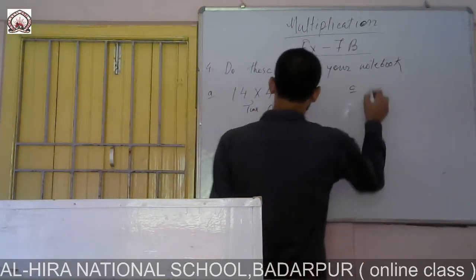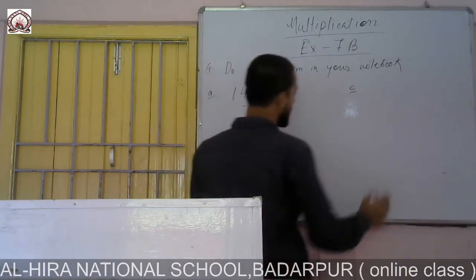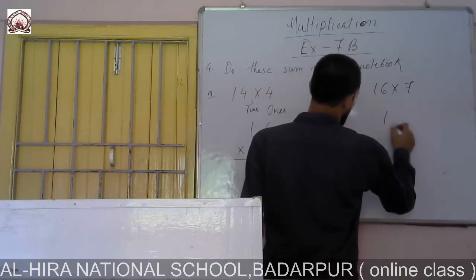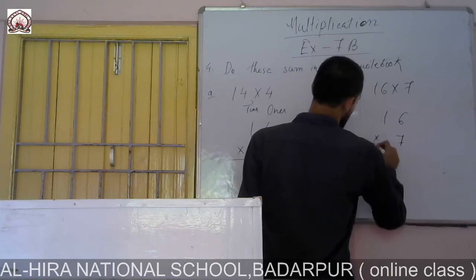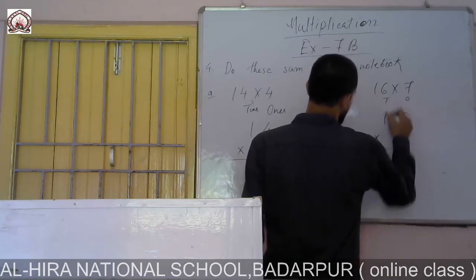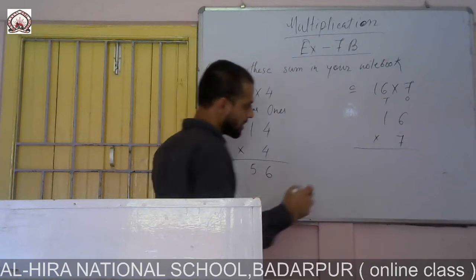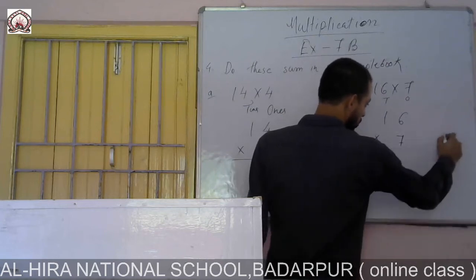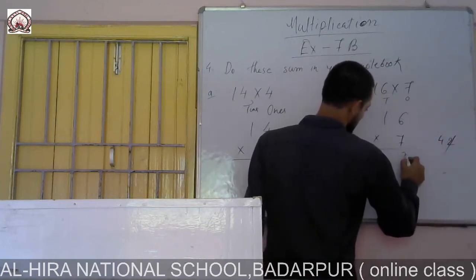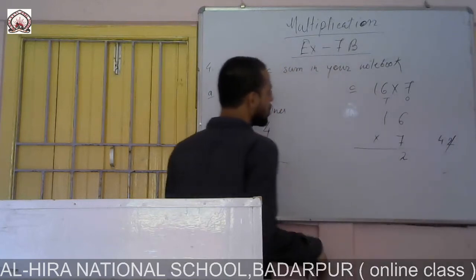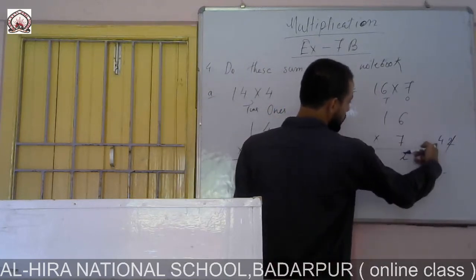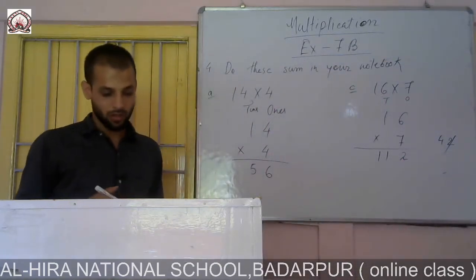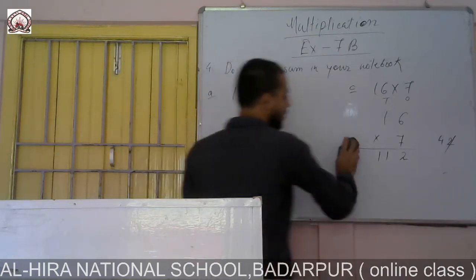Okay, so the next one is what? C. 16 multiplied by 7. So what do we have to do? At first we have to write here 16, then we have to multiply 16 by what? 7. So this is ones, this is tens. So 7 6s are what? 7 6s are 42. At first we multiply these two digits, 7 and 6. So 7 6s are 42. From this 42 we write here 2, and this 4 will come to the tens place. So 7 ones are 7 plus 4, 11. So that means the answer is 112. So here this exercise is also finished.